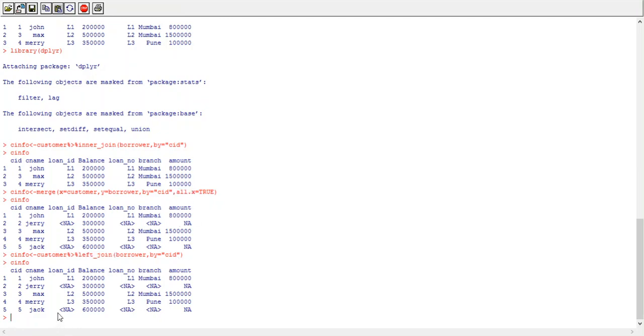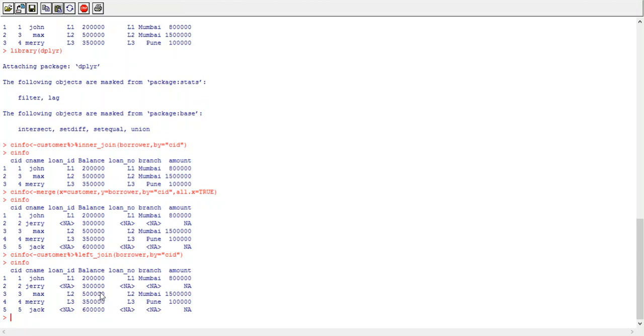This is the only difference. Okay, now we'll see how to implement right join operation by using merge function. So, what is the output of right join operation? It displays all data from the right table but only matching data from the left table, and in the left table if no matching data is there, it will give you NA value for the left columns.